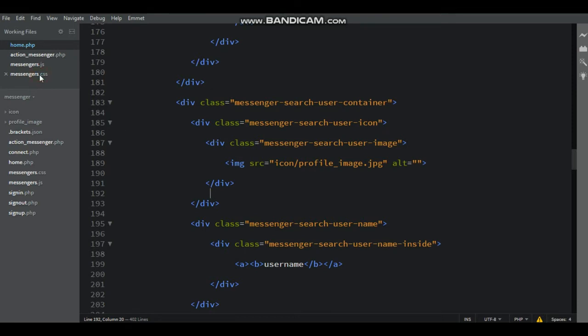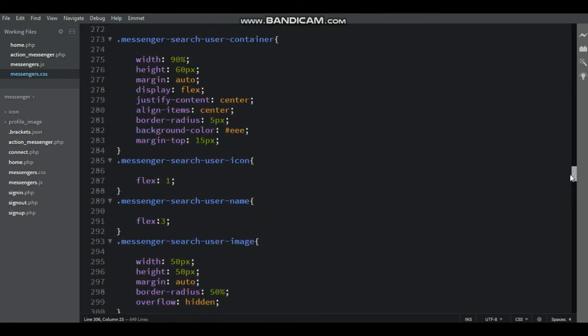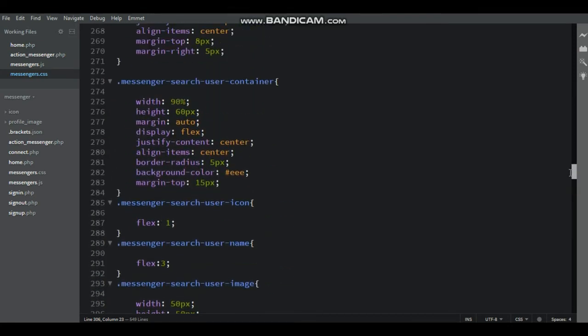Now go to the CSS file, just changes in the container, messenger search user container.